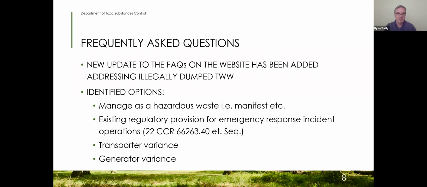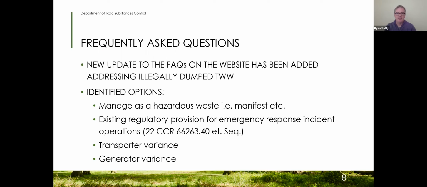So one option is to manage it as a hazardous waste. That would involve manifesting it and shipping it via a registered hazardous waste transporter. Another option is there's a regulatory provision relating to emergency response incident operations, and the reference to the regulation is